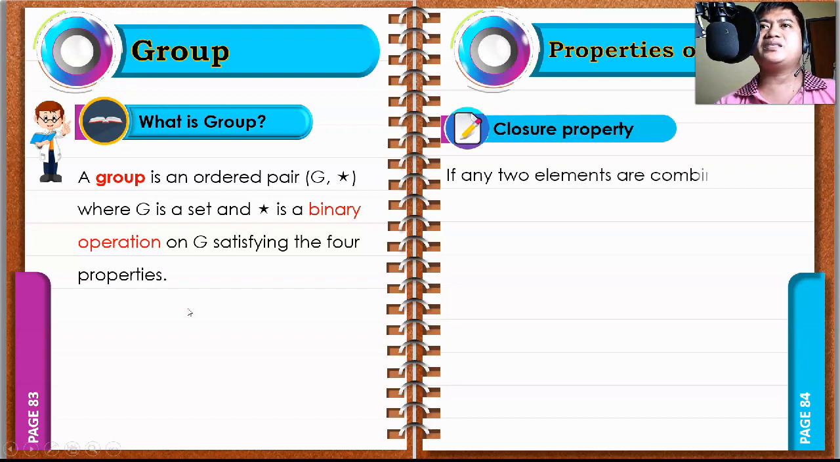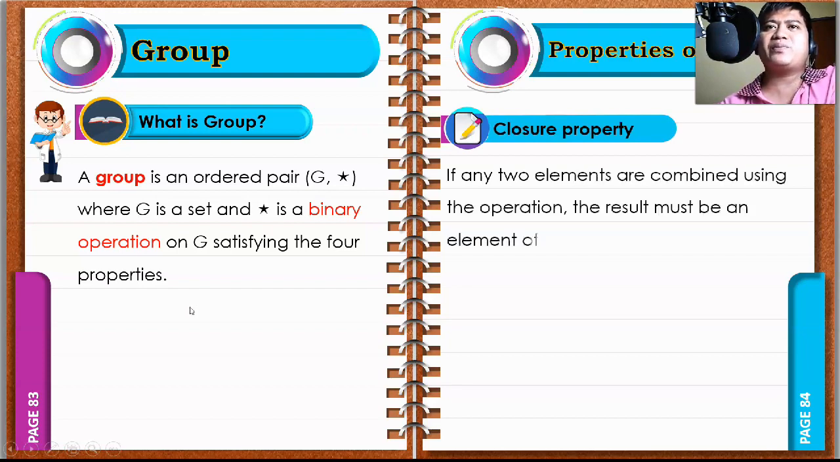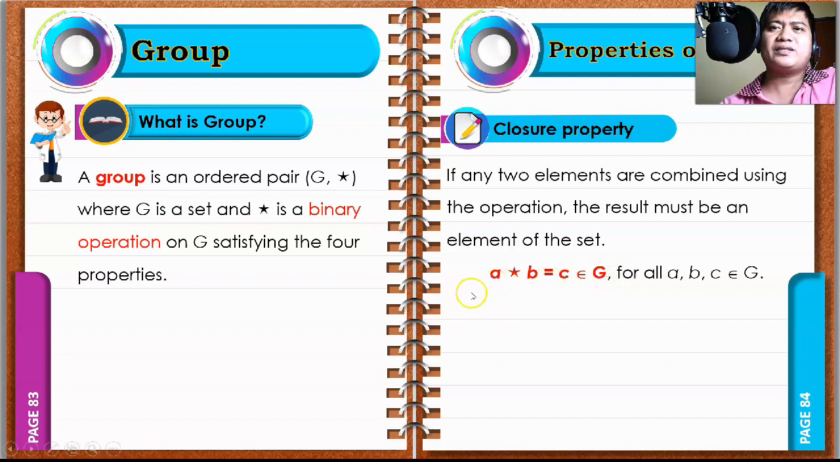Let's look at the properties of a group. The first one is the closure property. If any two elements are combined using the operation, the result must be an element of the set. So if we have a star b equals c, an element of the group, for all a, b, c in G. In other words, if we apply this binary operation, the result is also an element of the group. So for example,